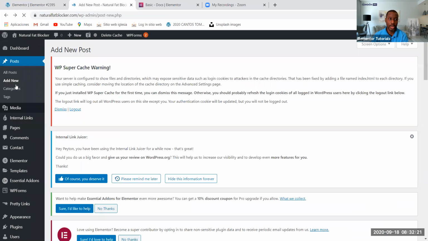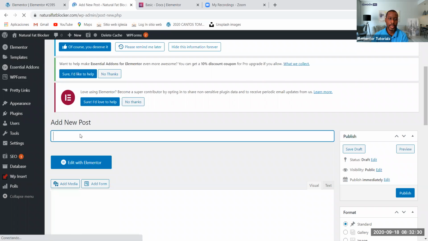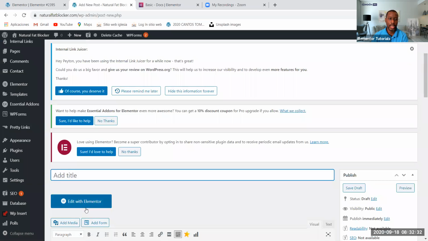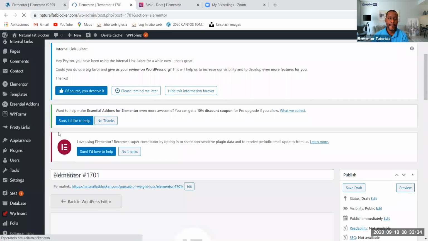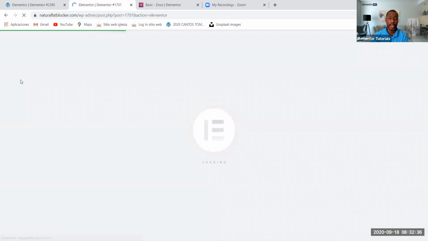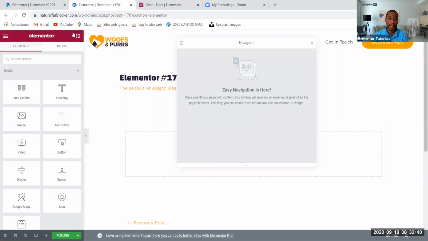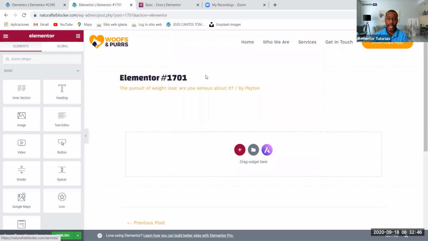Let me just go back into Elementor here, the page builder. I'm going to select edit with Elementor. And basically, any of the options where you are, any window where you are, you should be able to see the dial pad. Whenever you see a dial pad, it will bring you to the place where you can add elements to your page builder section. So underneath the dial pad,